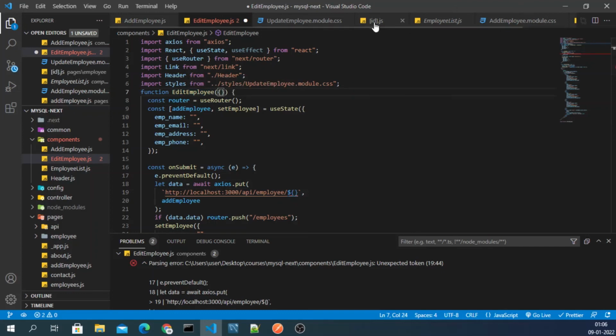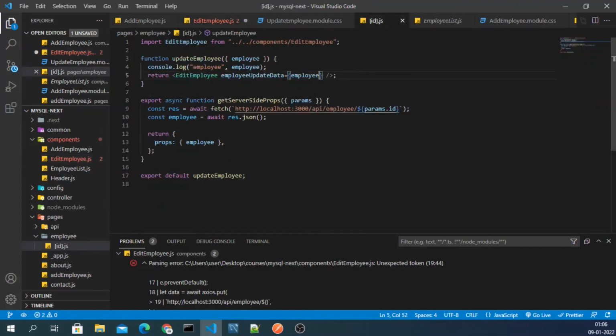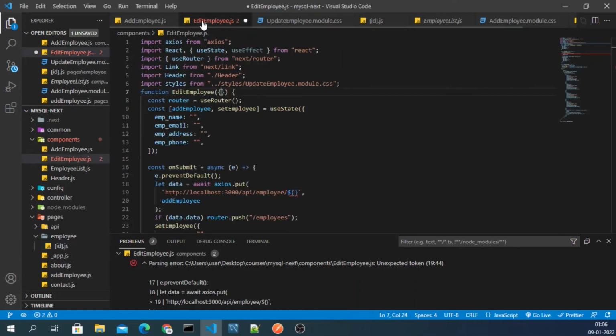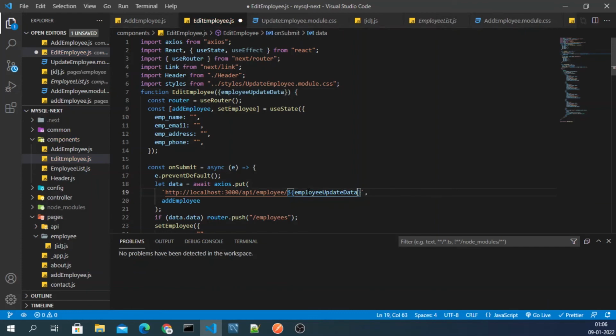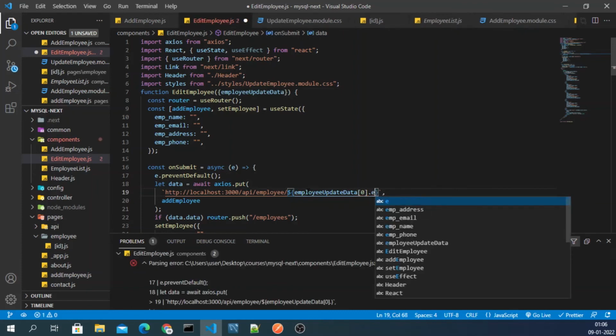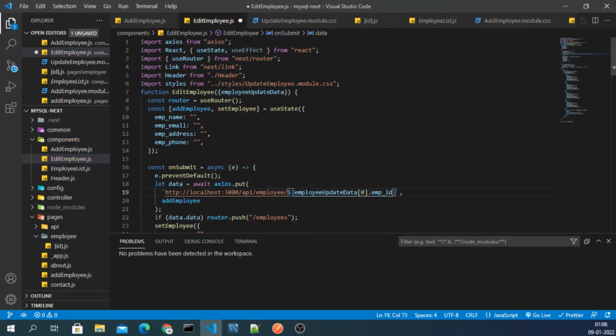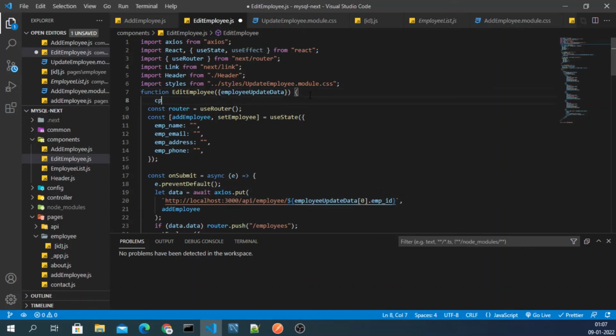We were passing employee data. So we can simply destructure this prop from here and from here, and then we can provide this prop here, and on id zero we will have this emp id, like this.